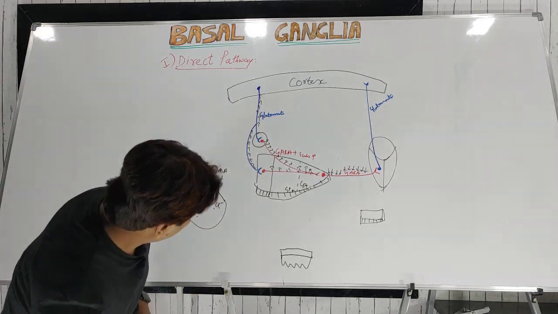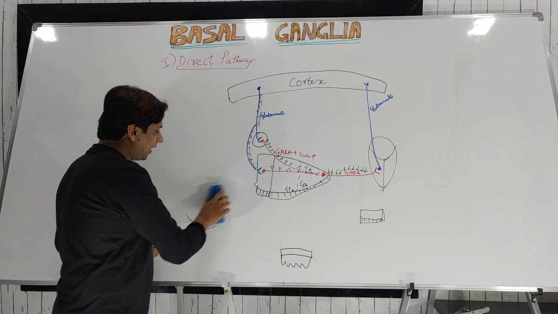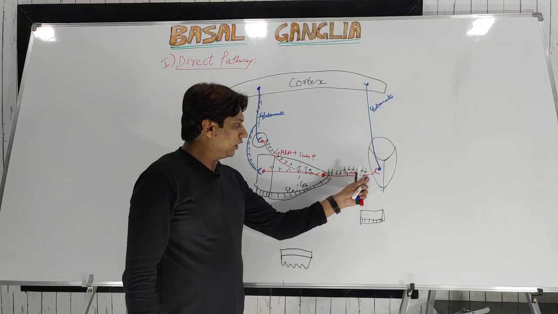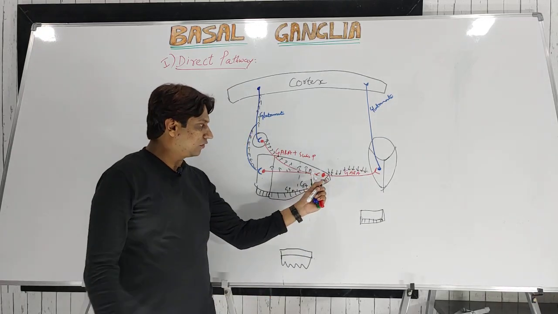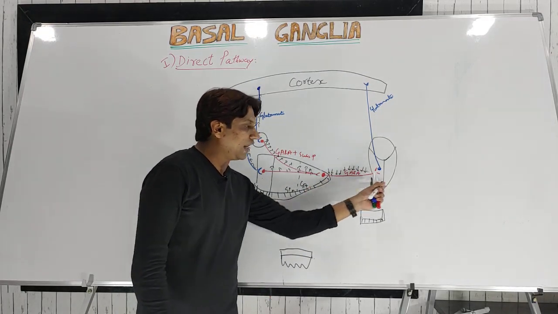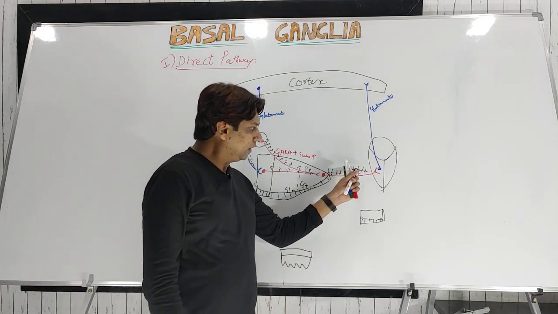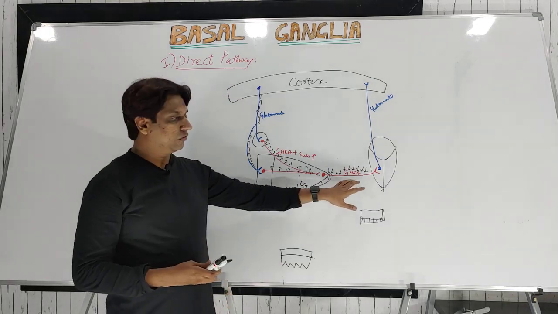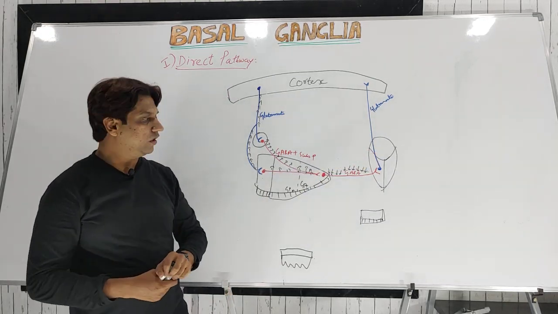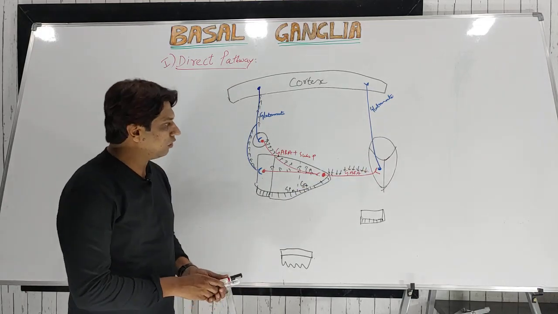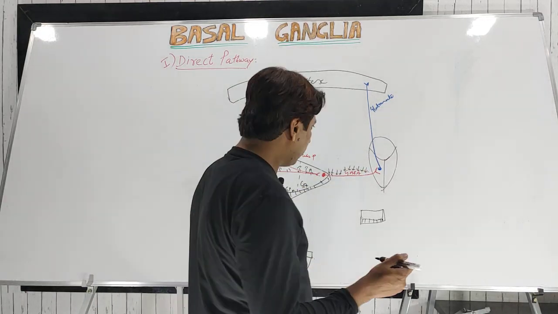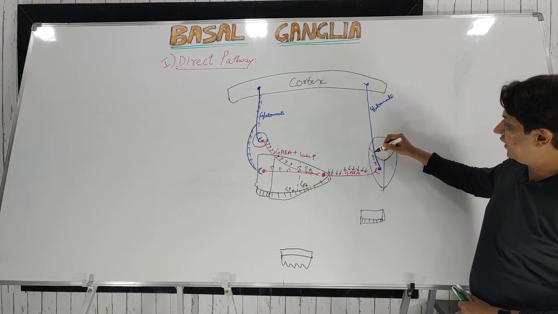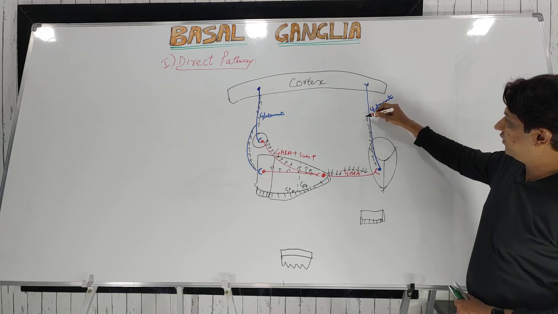Okay, so just briefly I have told the mechanism of postsynaptic inhibition here. So the discharge will be less in this pathway, that is the pallidothalamic pathway. Now when the discharge is less here, the neurotransmitter here is again GABA. So a lesser amount of GABA, which is an inhibitory neurotransmitter, is released here. When less GABA is released, this inhibitory control is reduced, and there will be an increased discharge.